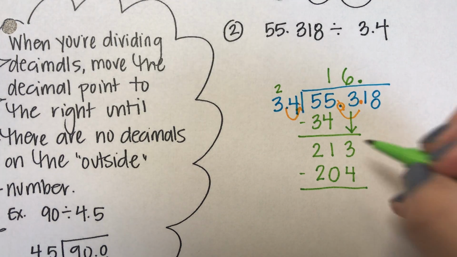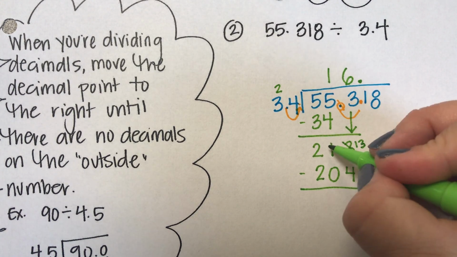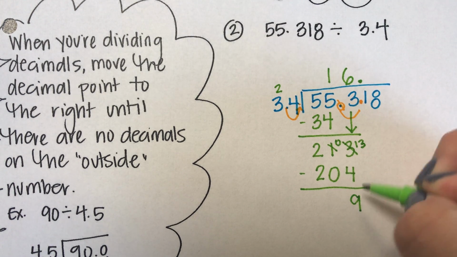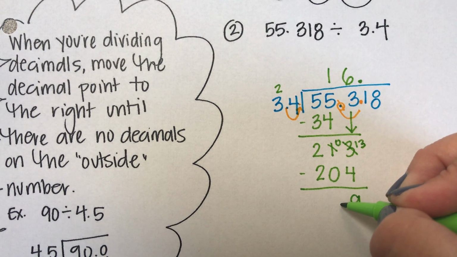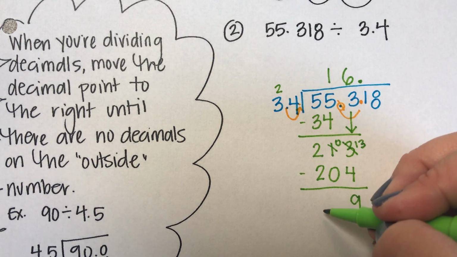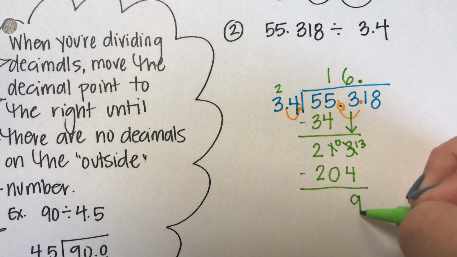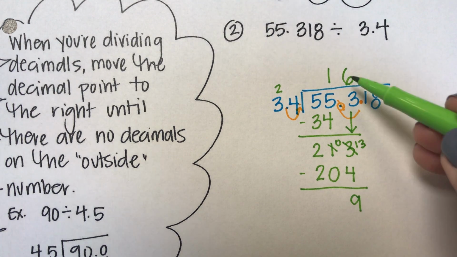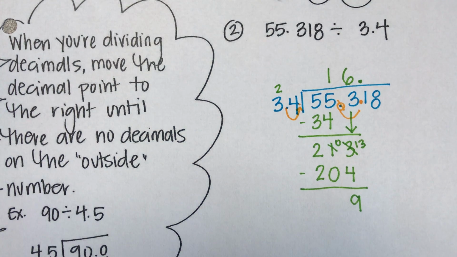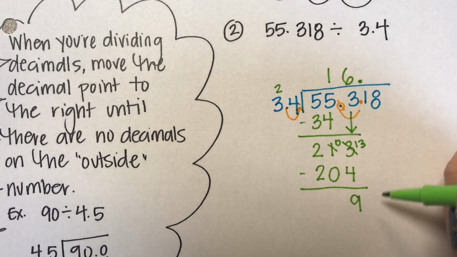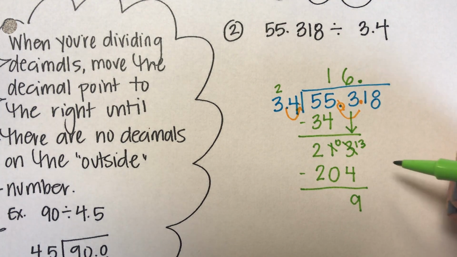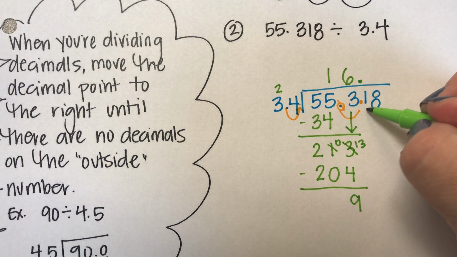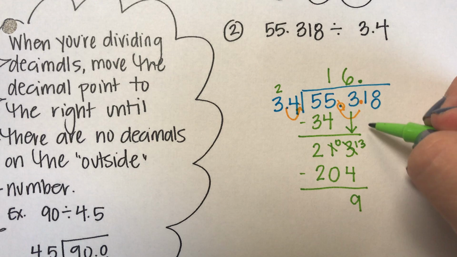And then I subtract. I'm going to borrow to make this a 13, and this is 0. 13 minus 4 is 9. 0 minus 0 is 0. 2 minus 2 is 0. So this is perfect, right? Because as long as this number is less than 34, I know I got this correct. So if this was in elementary school math, we would write remainder 9, but this is middle school, and so we're going to keep going, and we are going to pull down